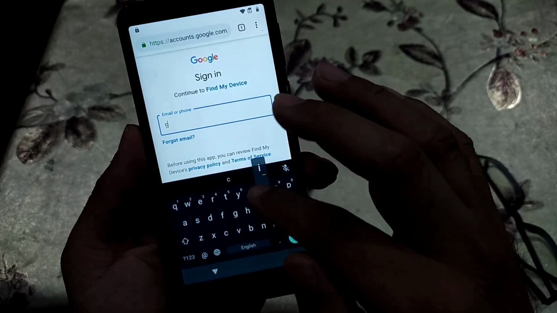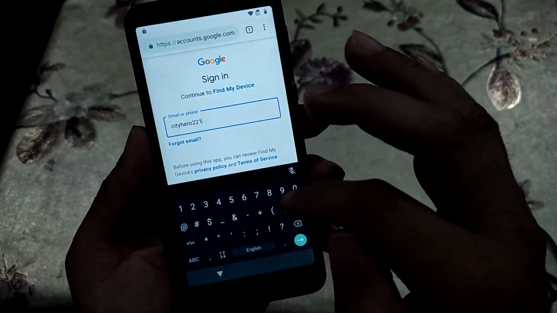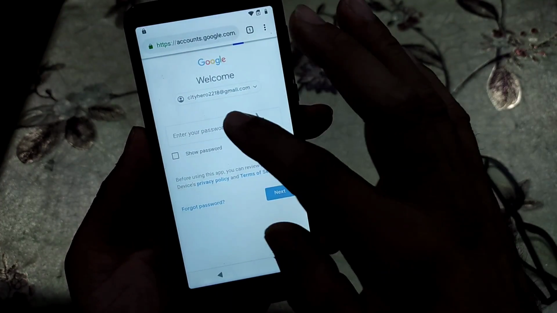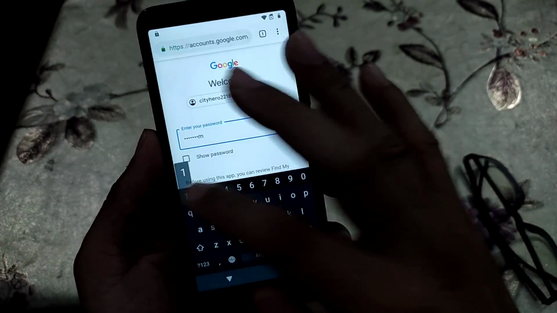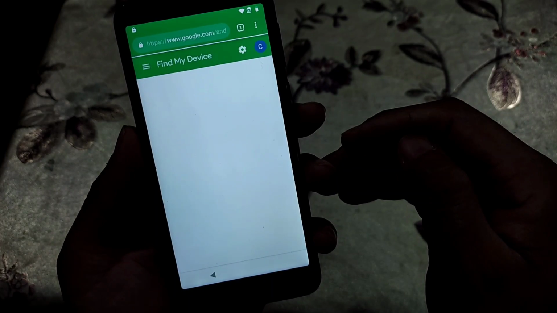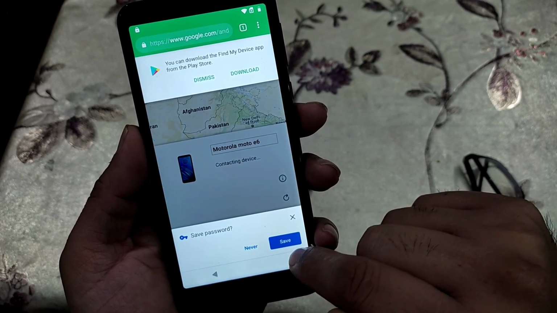So I am giving my Gmail ID here 202018. Click next, then give password. So it's done. So it will let you go to the find my device page